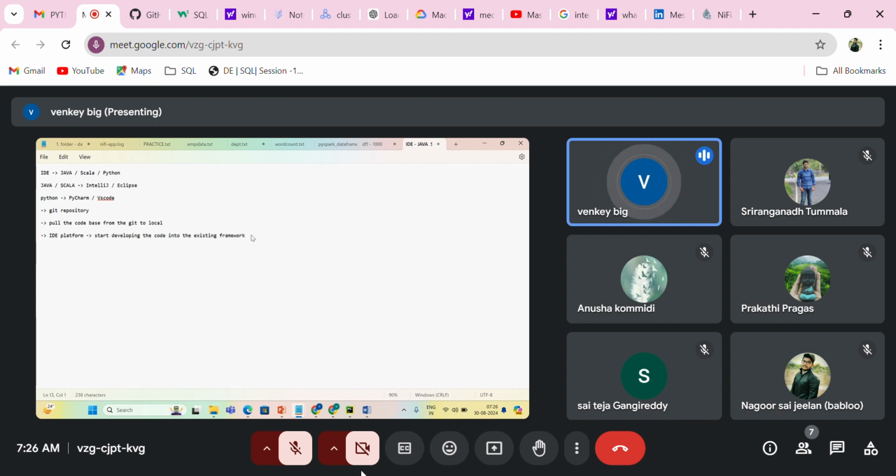Okay, and then the next step is testing. So do the unit testing. Run your code and check whether your data is loading properly, or your logics are working fine as expected, right? Then once you have tested, you'll push it to the feature branch. Okay, so that means in Git,